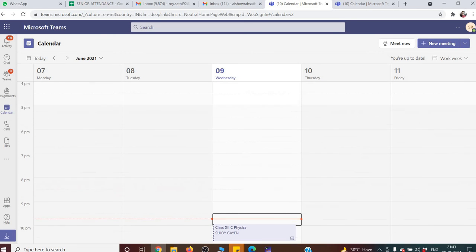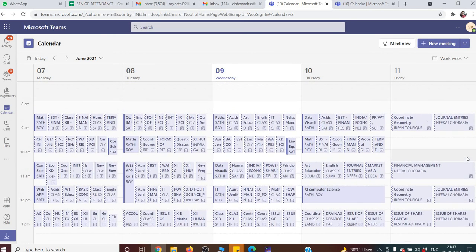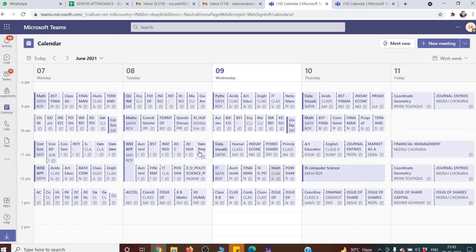I have deleted the meeting, so I can show it to you. Once I delete the meeting, this is how it will look. See, this class I have already deleted. This class of Tuesday I have already deleted. As you can see, it is deleted. Yeah, I think it is cancelled. Yeah, that way it will show the line, it will strike off. So like that you can delete.